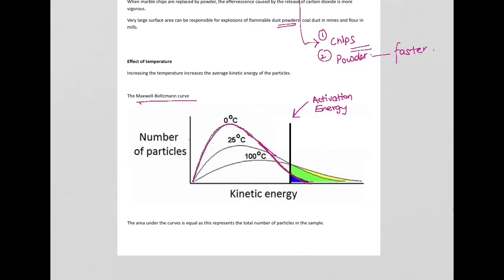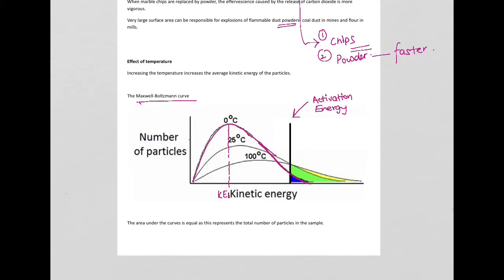So at 0 degrees Celsius, you can see that the majority of the particles have this kinetic energy. Let's call it KE1, right? As we're increasing the temperature,